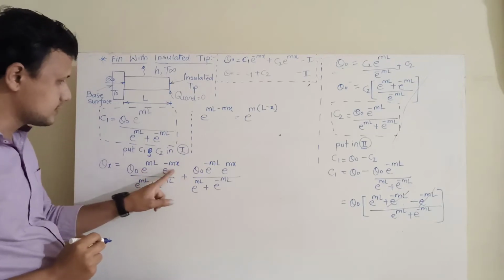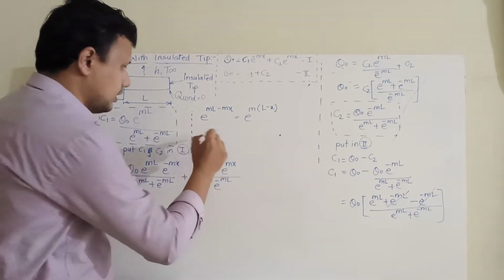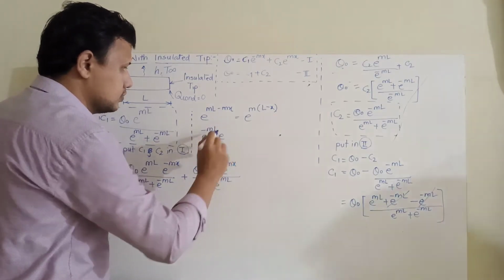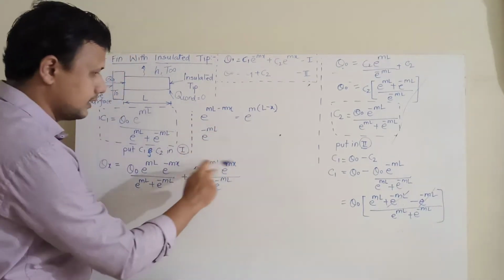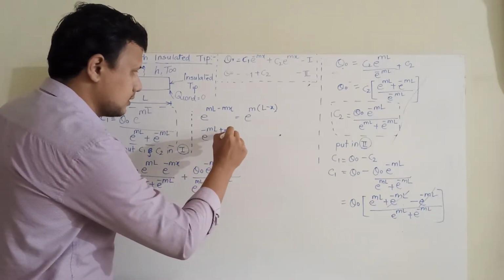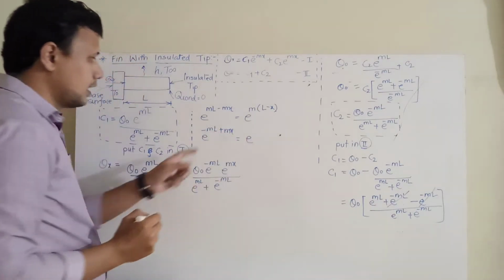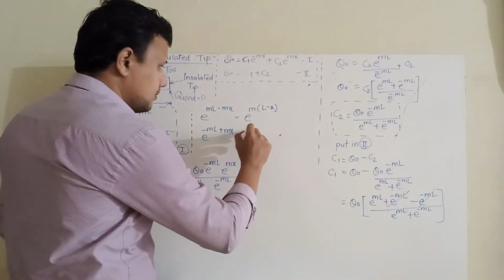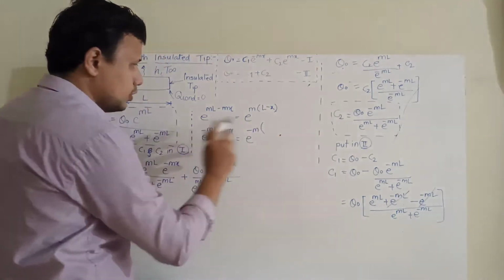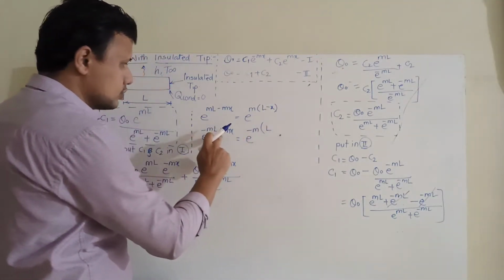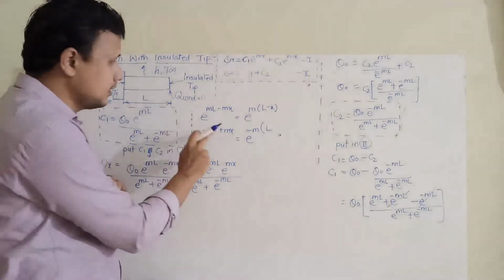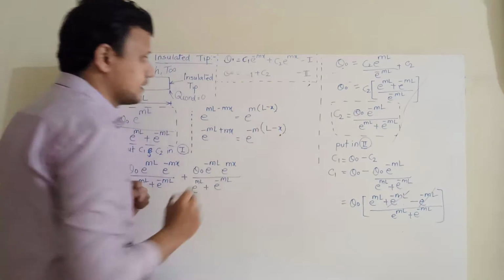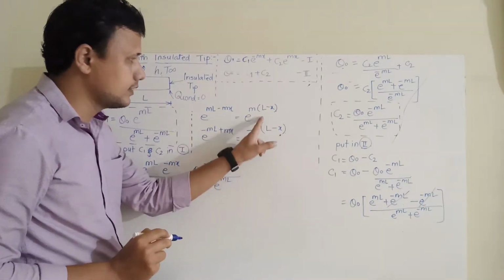That's for this term. For the second term, this is e raised to minus ml and e raised to mx, so actually this will be e raised to minus ml plus mx. So I can take minus m as a common parameter out of them. So it will become minus m, and this will be only L. But because it is minus, this has to become minus so that finally it will be plus. So that's why this will be minus m into the bracket L minus x. So you observe, again we have created a similarity.